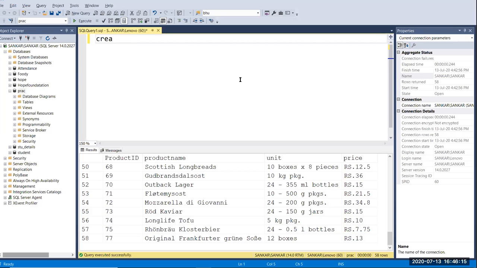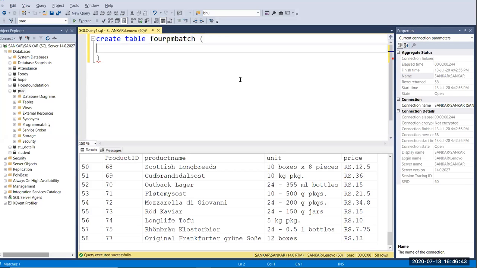Just give create table, and after that pass your table name. My table name I give 4 p.m. batch.